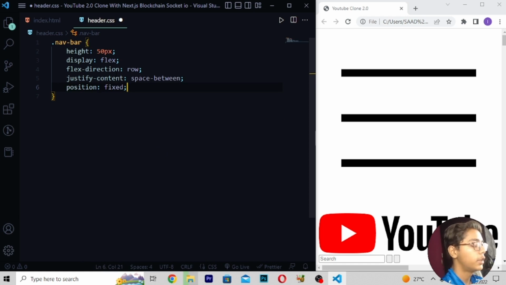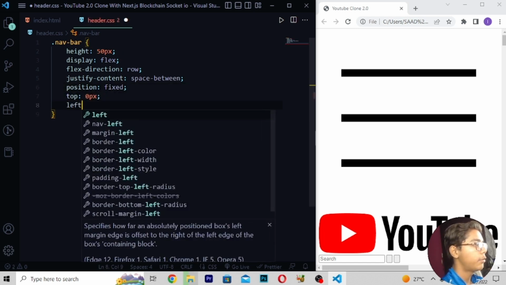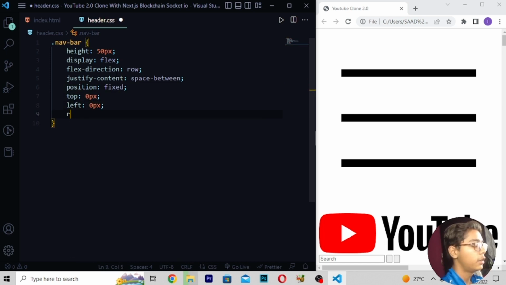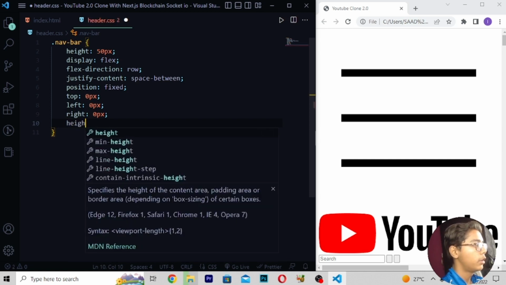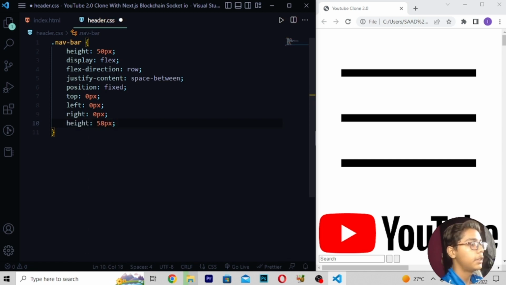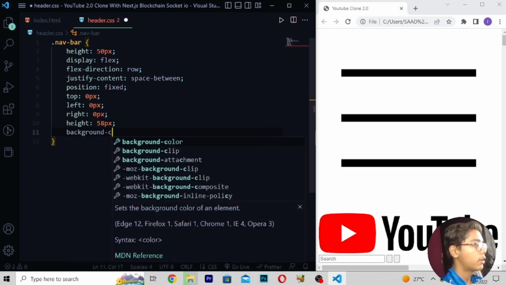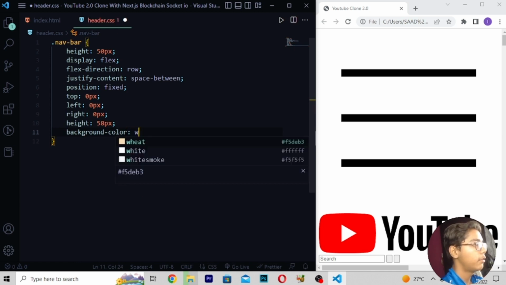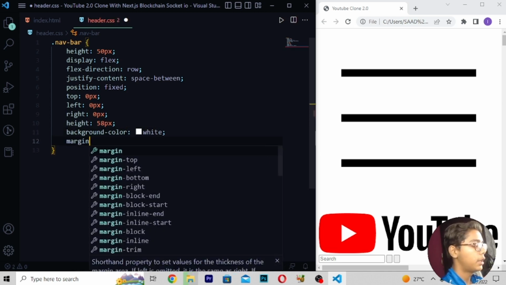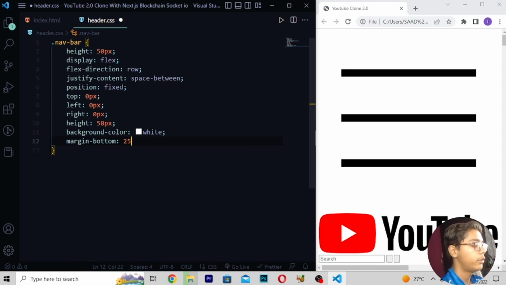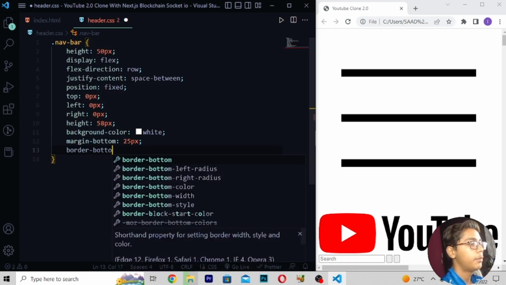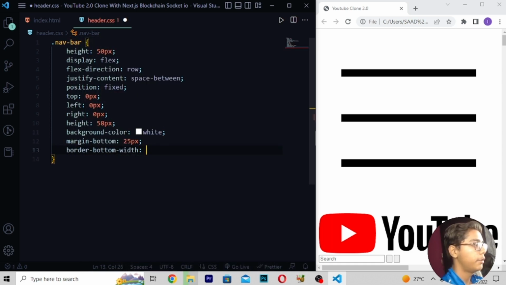Now you have to move down, right here top 0 pixel, then left which should be 0 pixel, right which should be 0 pixel, like this. Then I will be moving down, right here height 58 pixel, then background-color white. Here I will be writing margin-bottom which should be 25 pixel, border-bottom-width which should be 1 pixel.